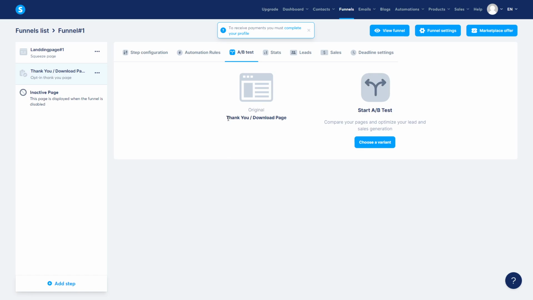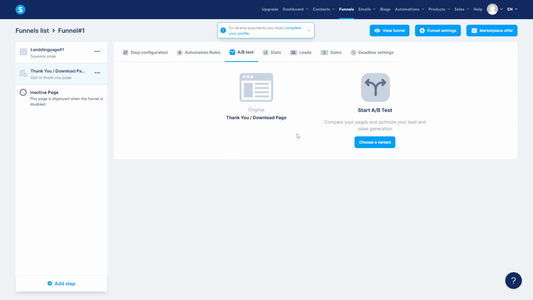This is basically where you have your original page and then a second page, and then System.io will show both of these pages to many users, and it will give you the metrics for that. So what was the conversion rate on landing page 1 versus landing page 2. And that's really cool because you can really test your copy. For example, you can test your website layout, your structure, and that lets you optimize your landing page to get the maximum